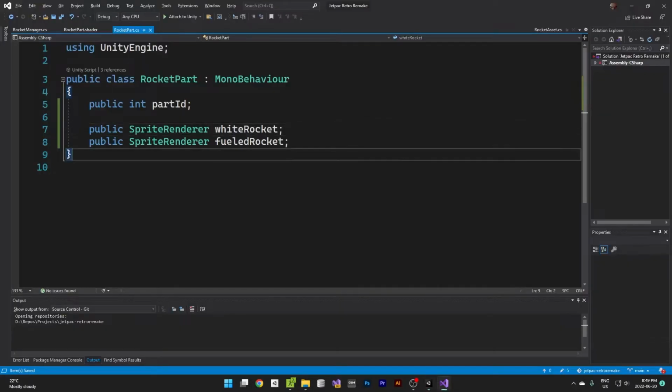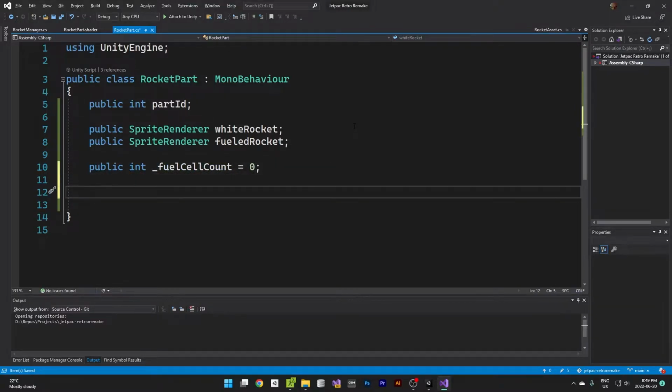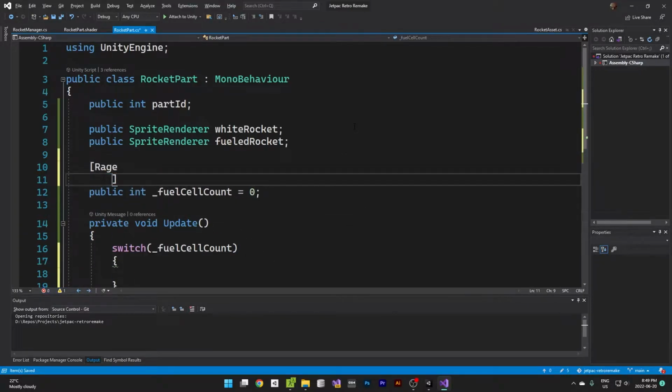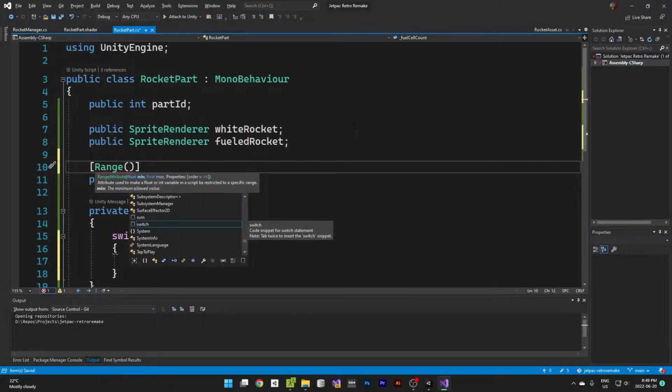Okay, and then I'm going to have public int fuelCellCount equals 0. So we're going to default it to 0, and then we're going to say void Update, switch fuelCellCount, and then let's give this a range,